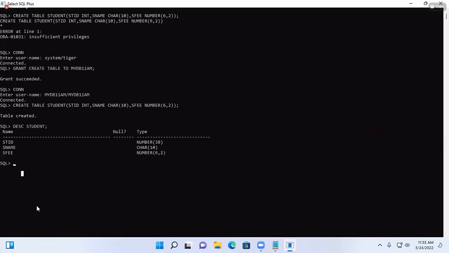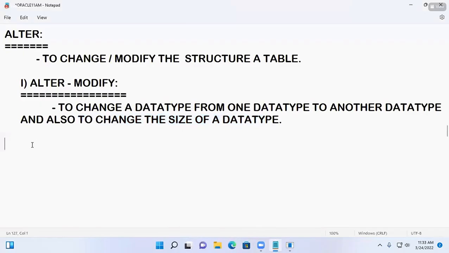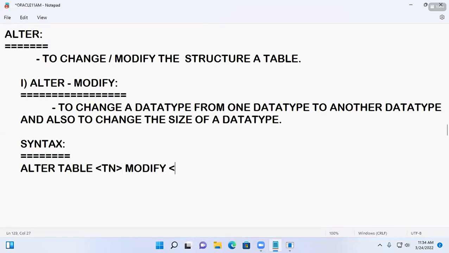Now, let me see this command, the syntax. First I have to show the syntax of this command, observe. Every syntax, remember guys, these are called formulas. There are 150 plus syntaxes all over in the complete Oracle course. If you remember these 150 syntaxes, then it is very easy for you. Otherwise, a lot of confusion. Okay, so: alter table, table name, modify, and which column, the column name should be passed here,